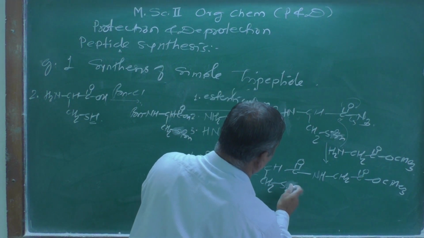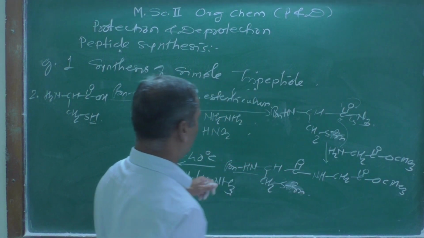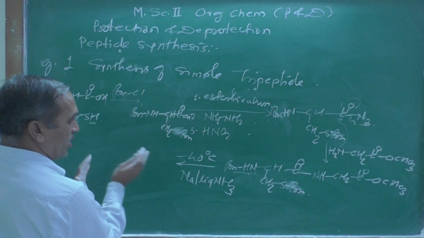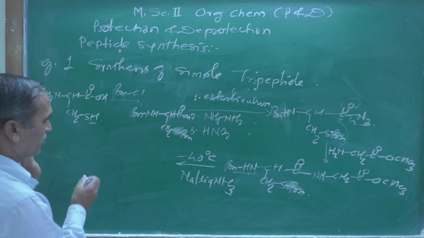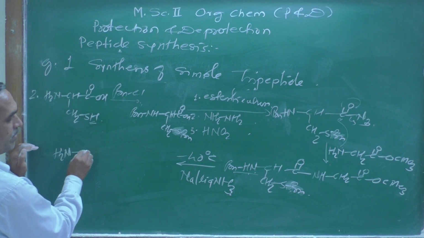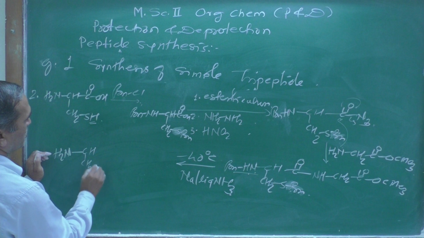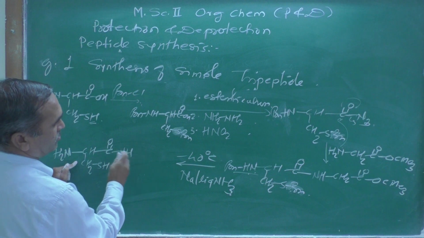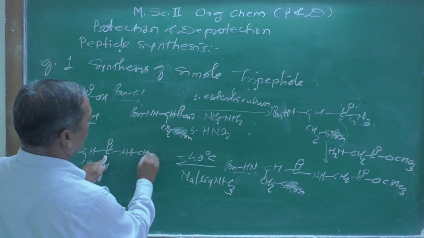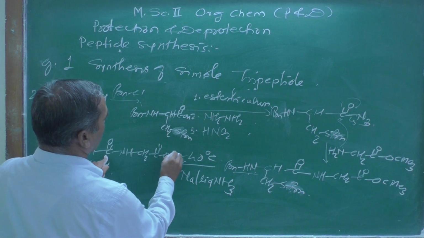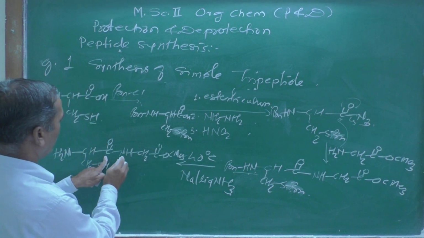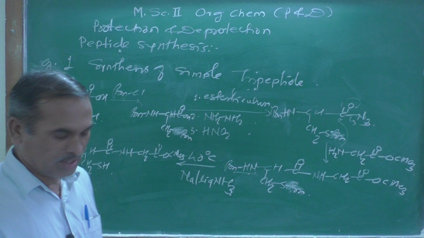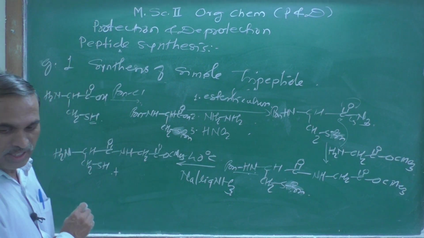After that you will get here BN benzyl group, and finally it will deprotect this as well as this benzyl group selectively, and you are going to get over here, that is H2N, then CH, then CH2SH, then C double bond O, NH, then CH2, C double bond O, C, Me3, and this is the compound you are going to get, and this compound is further treated with this one